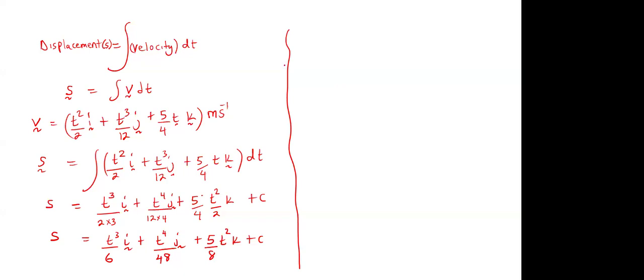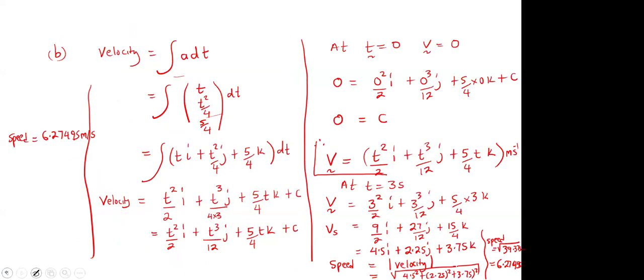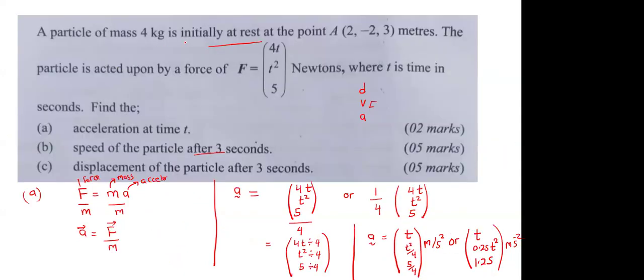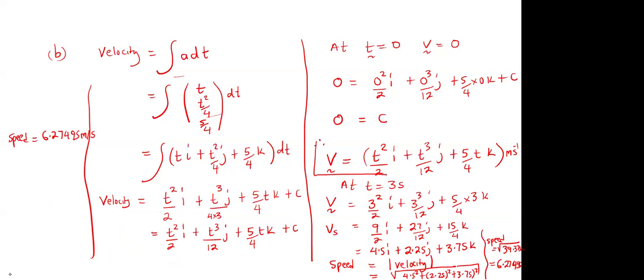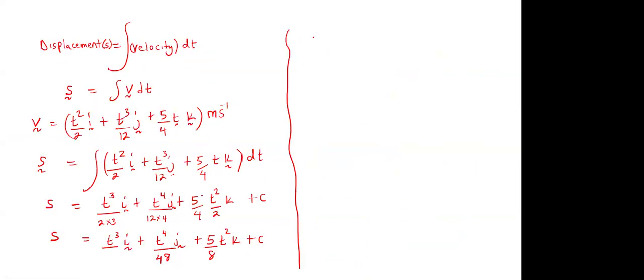Okay, yes. Now, initially, I want us to go back to the question. A particle of mass is initially at rest at the point A, 2, -2, 3. Now, this point here is the initial displacement of the particle. So I expect you to come and say, initially,